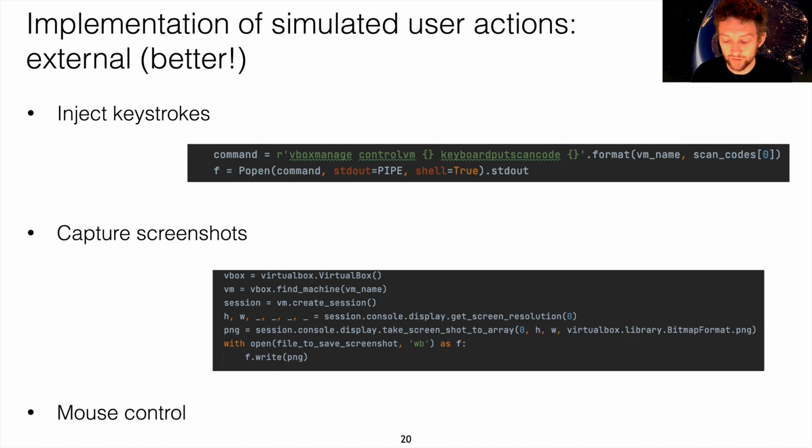It's a consequence of the virtualization infrastructure that we happen to be using. The combination of screenshots and mouse control is where it gets really interesting, and it's basically going to be the future of this, essentially, where you can use image processing to identify GUI components on screen, and then mouse control